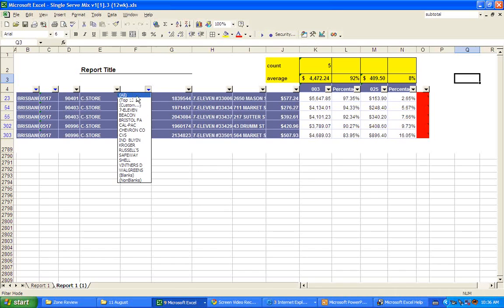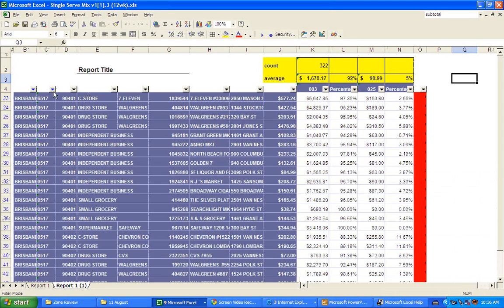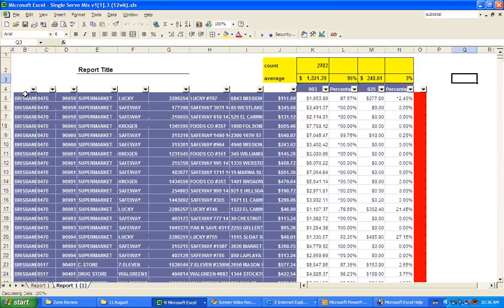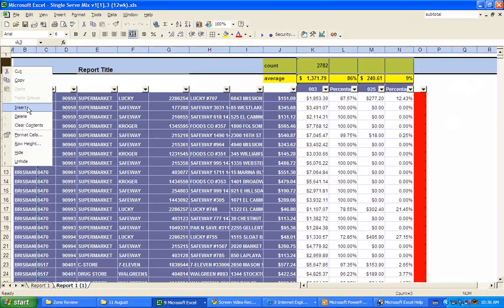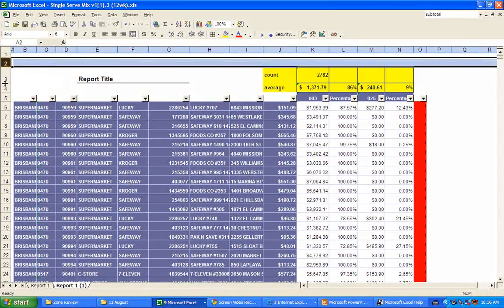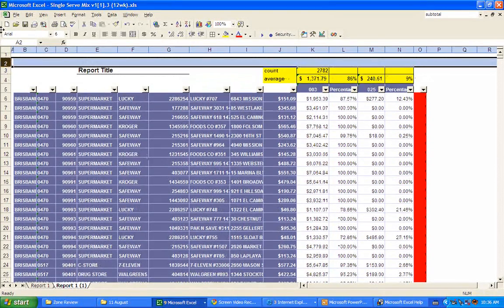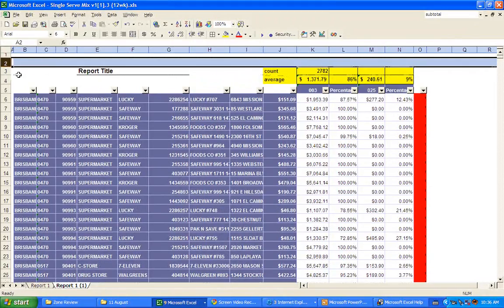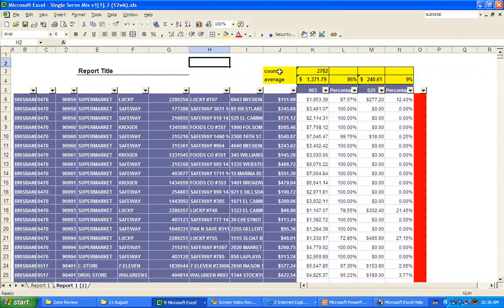What I'm going to do is I'm going to go back to all to reformat it for everybody, and then I'm going to send this out to everybody. And you know what? I might also put in a couple of sums now that I think about it. So I'm going to insert another line. I'm going to make this thing a little bit larger, make this thing a little bit smaller, and I'm going to say that, how about I